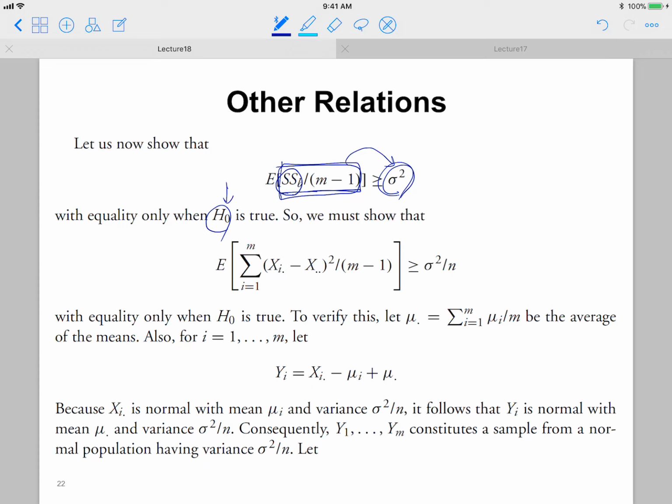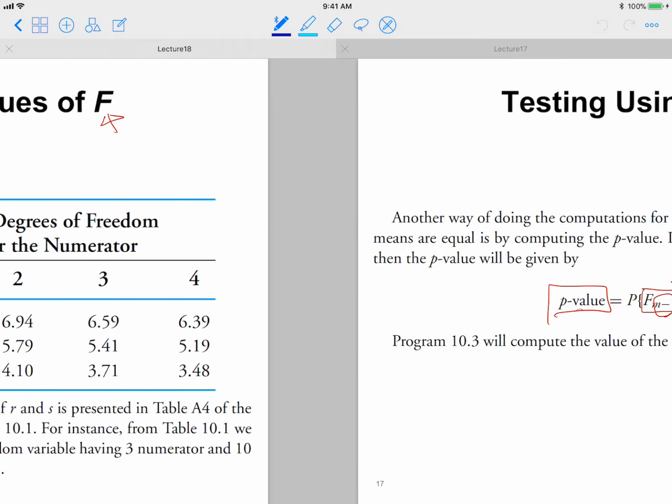Okay, so we understood it intuitively in, let's see,